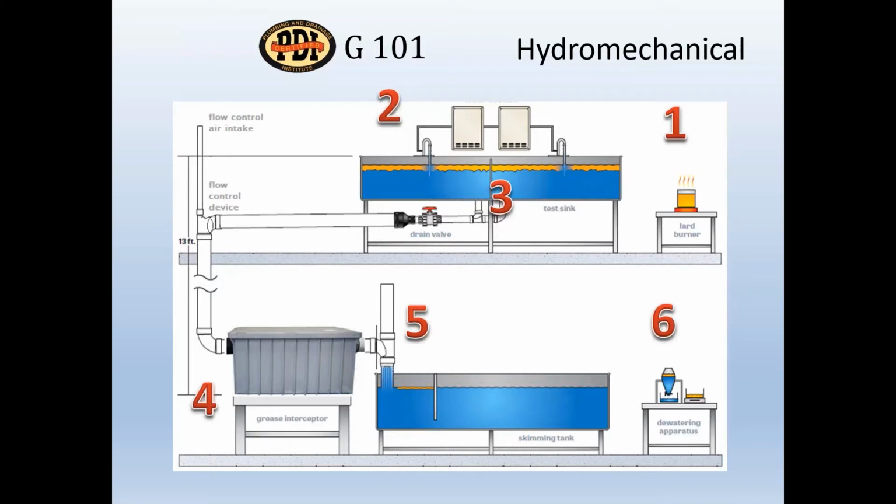And so I want to show you guys a takeaway on what a lab looks like when we're testing these grease interceptors. You're going to see here, when I go into ASME, it's almost identical to PDI G101 on how they test. Number one, we're using lard and heating that up to 160 degrees. The ratio with this lard before you put it into the test sink is that you're using 1 pound of lard for every 5 GPM that you're going to certify. So do the math here. If I'm certifying a 100 GPM interceptor, I'm using 20 pounds of lard on every single test run